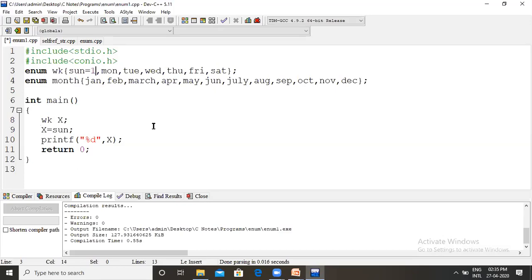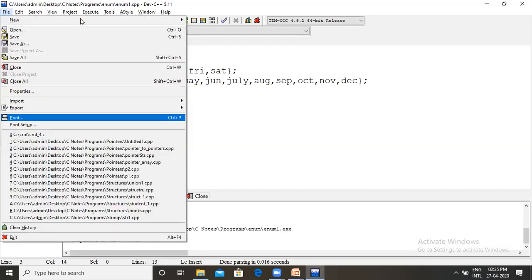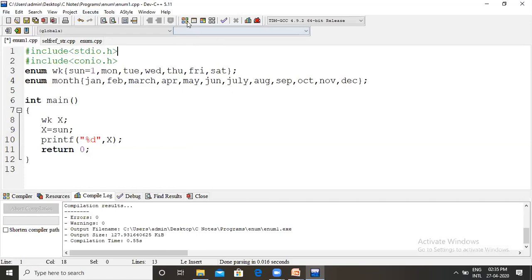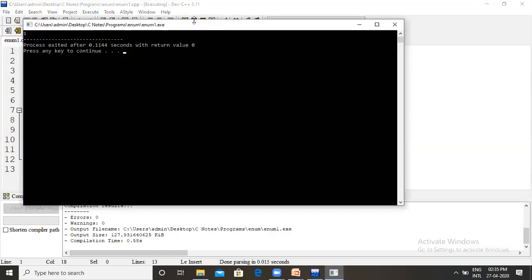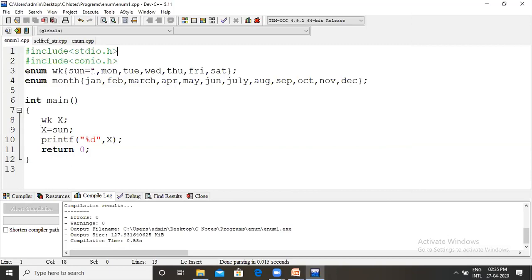Let us verify. Like that, the enumeration assigns numerical sequential values to the given set of information. So here 7 informations are there.